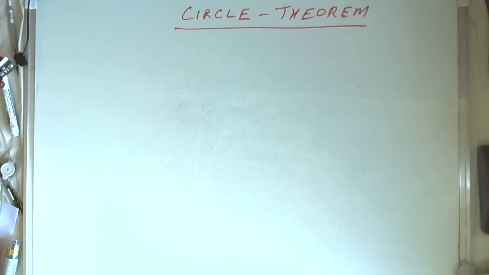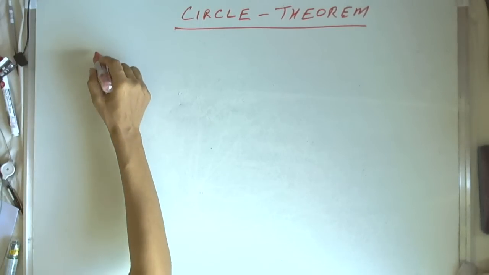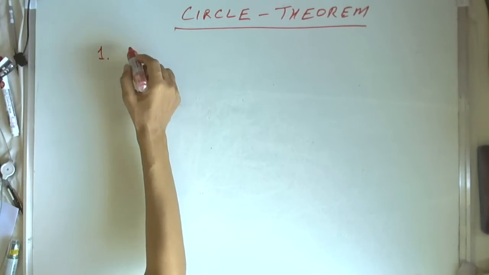In this video, we will see the various basic theorems pertaining to circles. Although we will not go through the proofs of these theorems, we will understand what these theorems are. So theorem number 1 is,